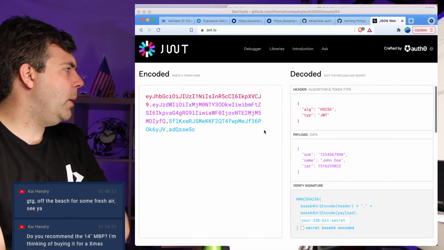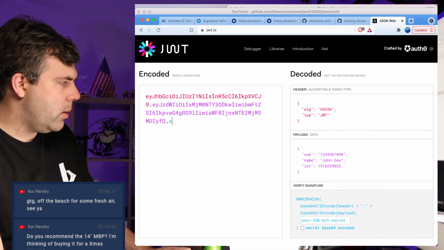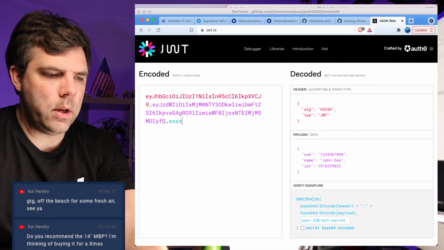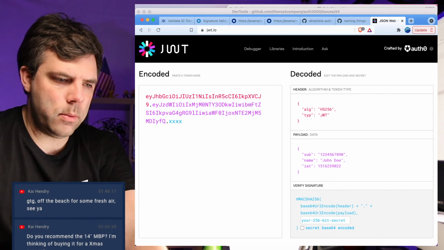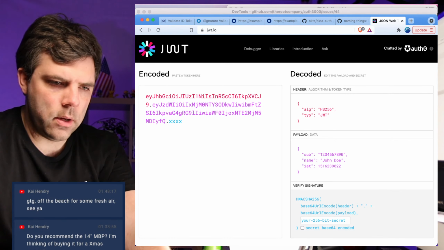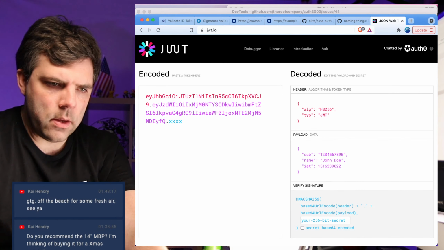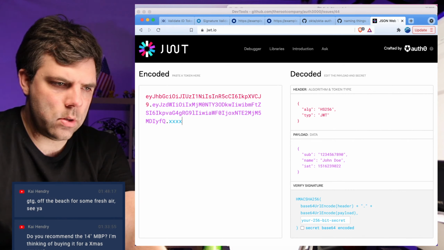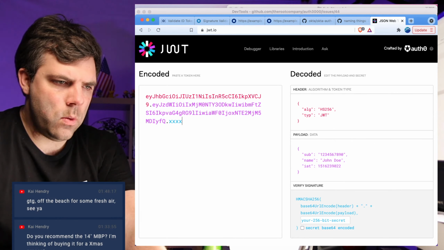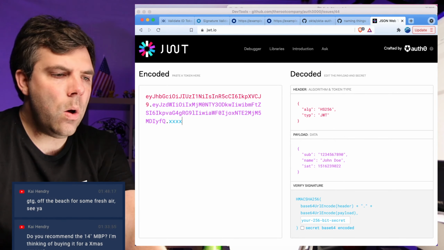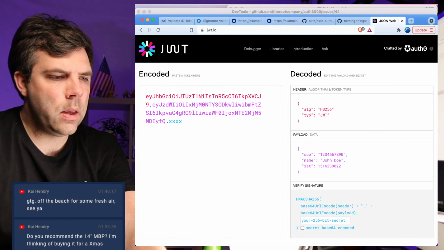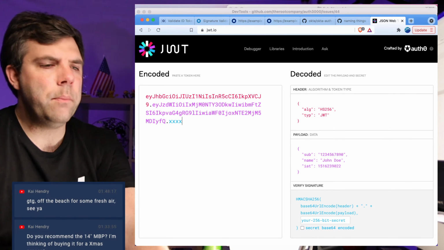So I'm also going to paste the token in, but I'm just replacing the signature with XXX. That way, I'm not putting my valid signature in a browser. Okay, let's double check here. The key ID. Okay, the key ID seems to match the OIDC. Oh, I think maybe I see what's happening here. Okay, so the problem